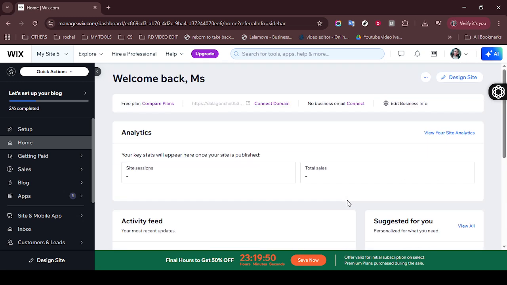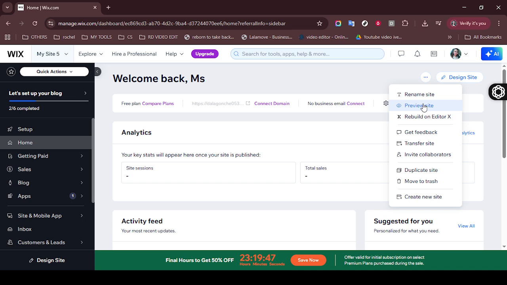This is your creative playground where you can design and manage every element of your website. Once you're there, navigate to the Add button on the left-hand side of the screen. Clicking on this will bring up a menu of elements that you can integrate into your site. Look for the filter bar option. This widget is a fantastic tool to help your customers easily search through your products by narrowing down options to